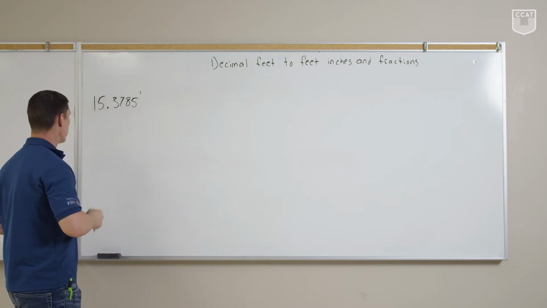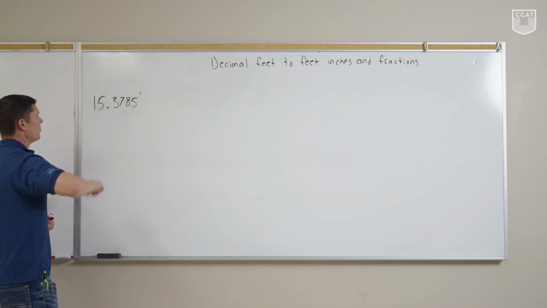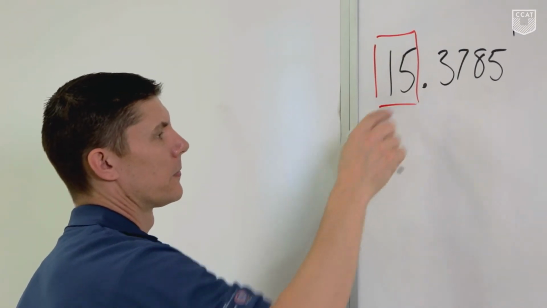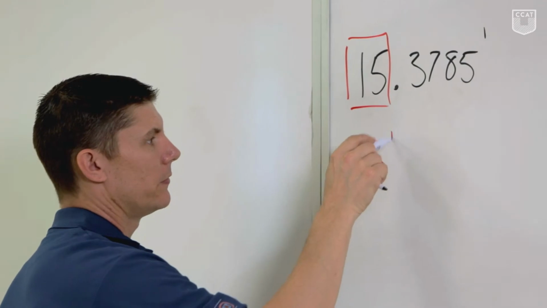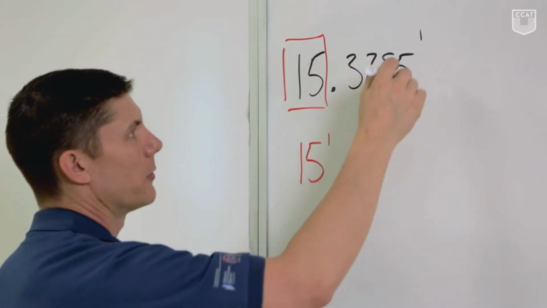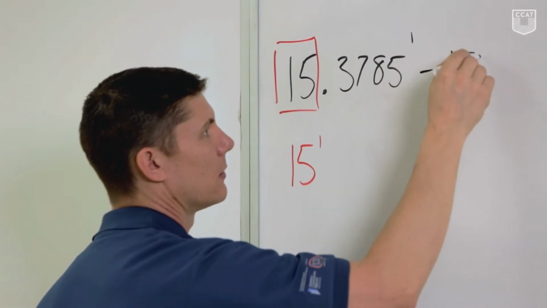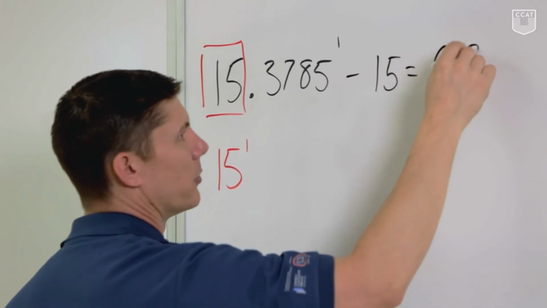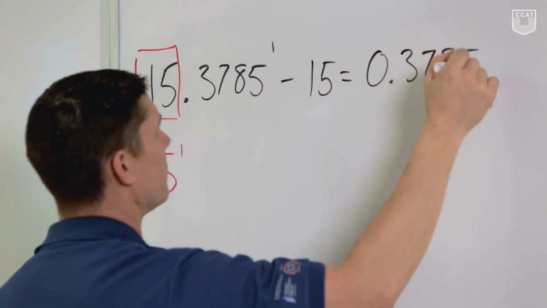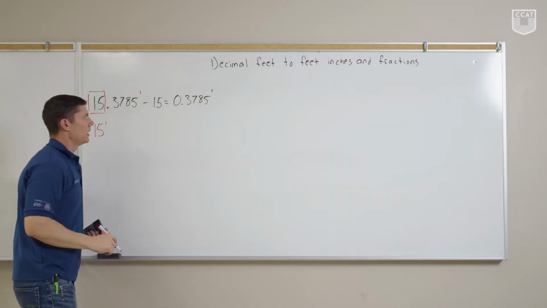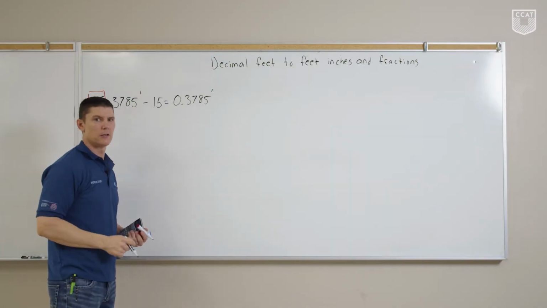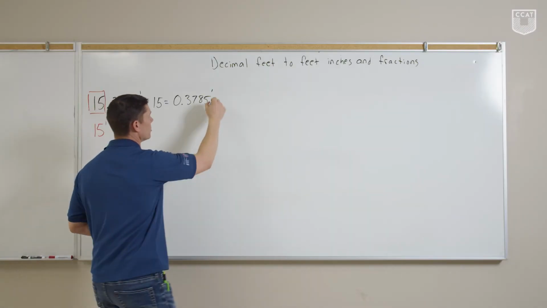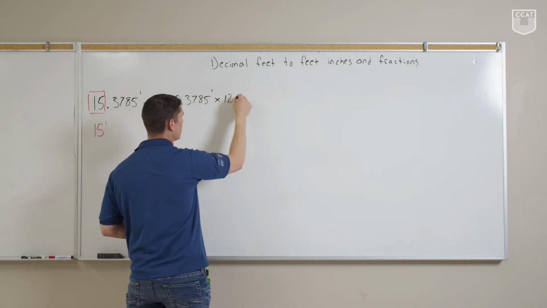So right off the bat, we've got 15 whole feet here. So I'm going to record that, 15 foot. We're going to take that out of the equation, so we're going to go minus 15 equals 0.3785 feet. And now we want to convert that into inches. We've got 12 inches in a foot, so we're going to multiply by 12 equals,